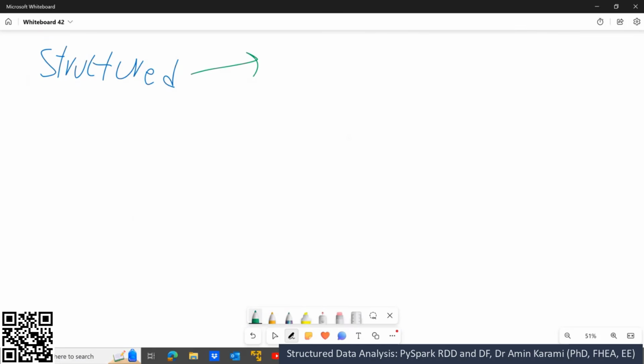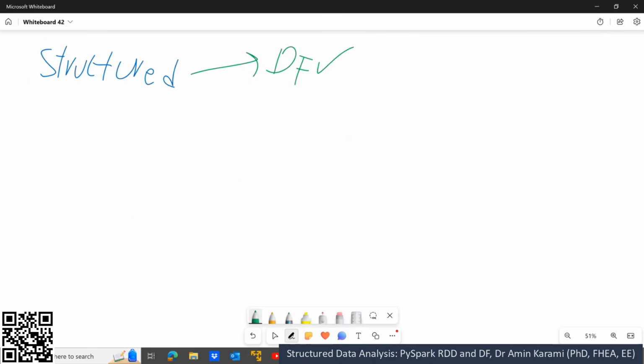So if you have structured data, I mean, structure means you have a schema, it's better to use DataFrame,